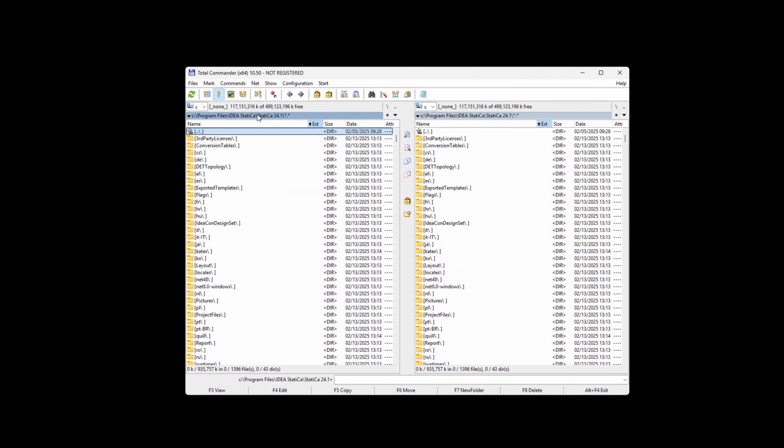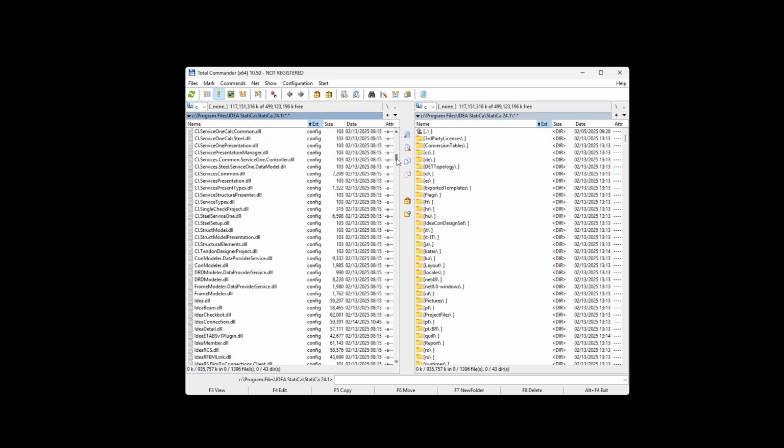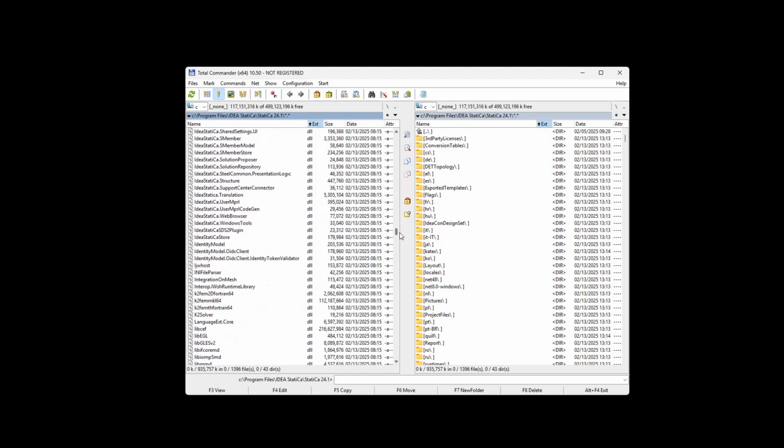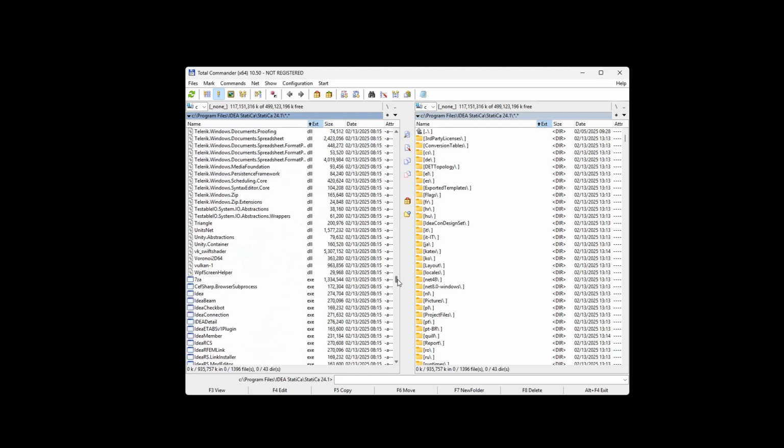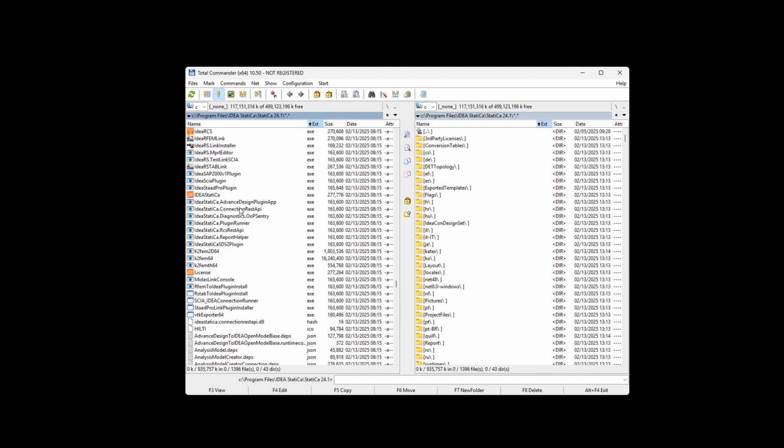So if you just go to the folder where the latest version of IDEA StatiCa is stored, in Program Files, IDEA StatiCa 24.1 or the latest version, you need to find this executable file. If I scroll down, I will see some exe files. You can launch it via Total Commander or a different way or command line. If you double click on IDEA StatiCa connection REST API,